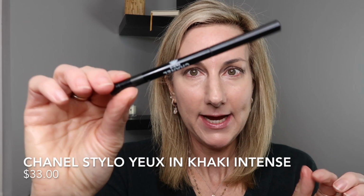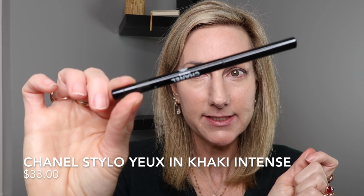I'm gonna use my Sonia G. This is the Blender Pro, and we are just gonna blend that slightly. I'm just tapping it on the lid, and it transforms that khaki into a really unique color. Now we're gonna take the Chanel, this is the STYLO U Waterproof in Khaki Intense,